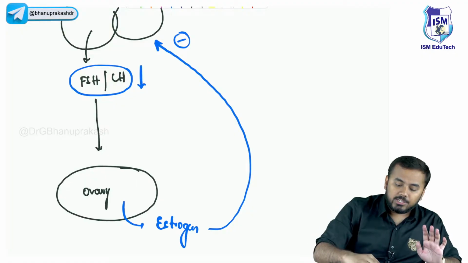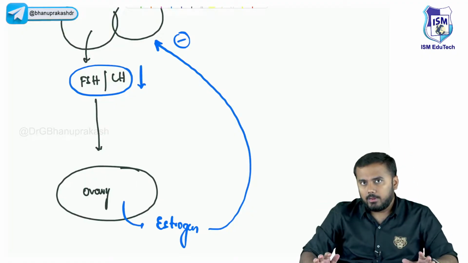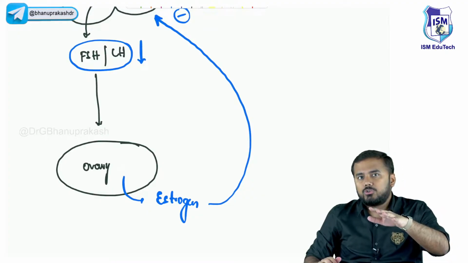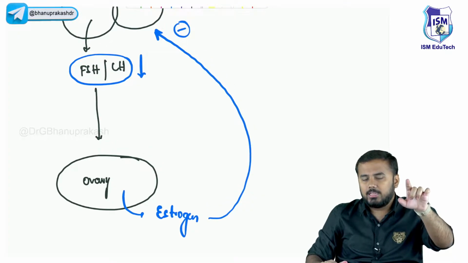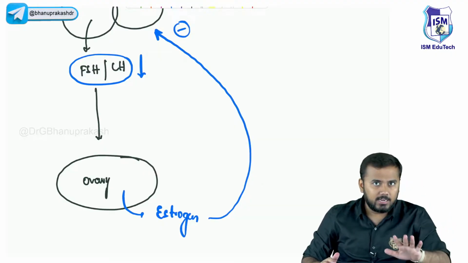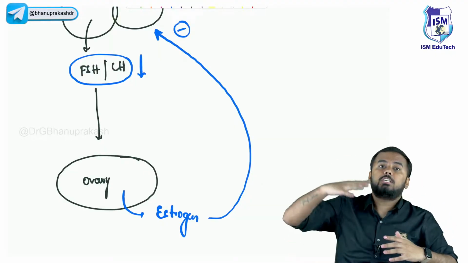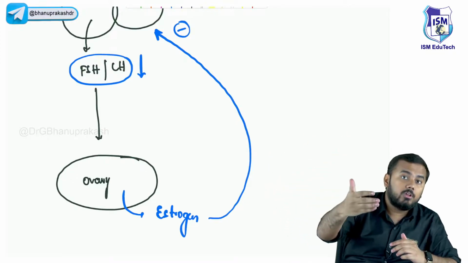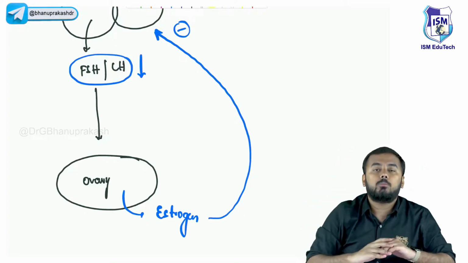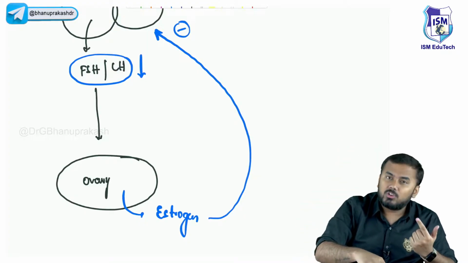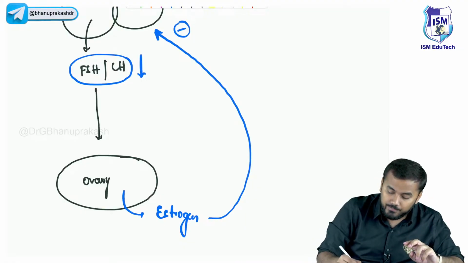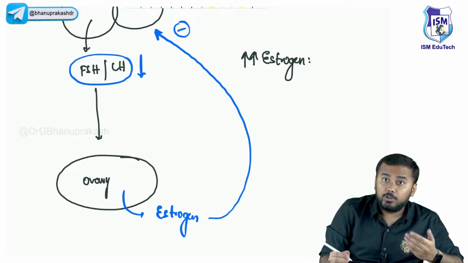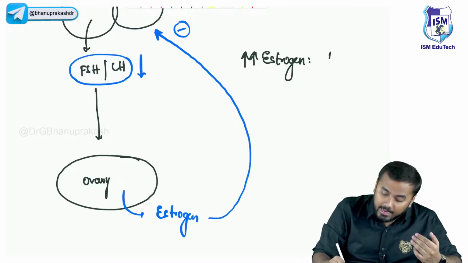Okay, so actually it was given in that research paper that mild to moderate levels of estrogen will cause negative feedback inhibition, thereby reducing the level of FSH and LH. But if estrogen levels become very high, if they are more and more increased, that will promote the release of luteinizing hormone more. So this was a confusing point which I felt. So if there is an excess amount of estrogen, instead of negative feedback, there is positive feedback, and the luteinizing